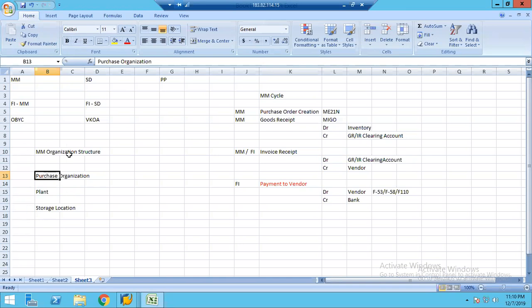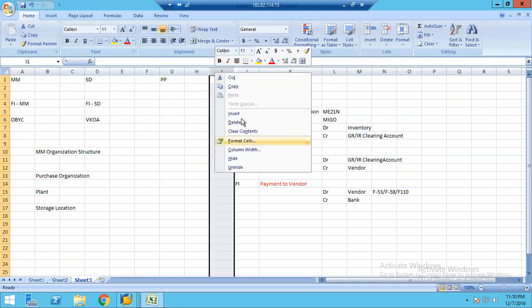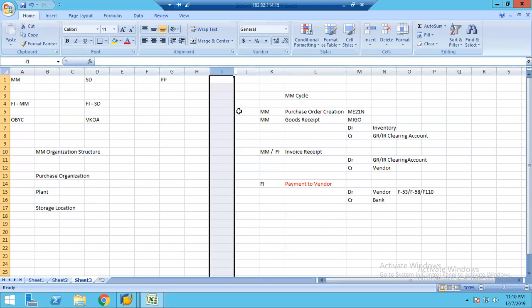Next, this is from the MM organization structure. So the configuration relating to this will happen in this. The material I'm going to share will contain all that. Of course, that material will also contain OBYC, but we will discuss OBYC separately. This is about the MM organization structure. And if you see the SD organization structure,